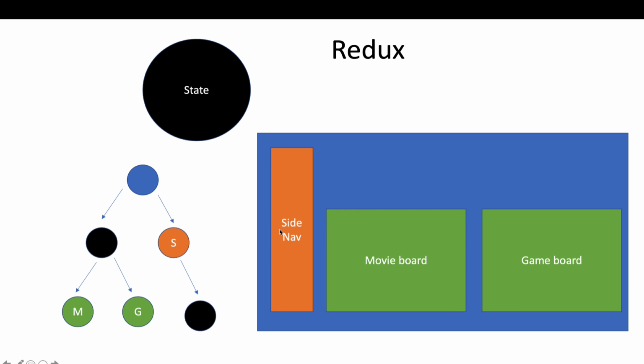Another thing is, let's say the state of movie board changes. What happens? Since the state is inside app.js, the entire app.js will get re-rendered. So movie board gets re-rendered, game board gets re-rendered, side nav gets re-rendered. Everything that we include inside app.js is going to get re-rendered, and that's obviously a performance problem. Why do we want to re-render what has not changed? That means the state should obviously be inside movie board and game board, and side nav should have its own state, if at all. That means there has to be a way for these to actually share the state. That's what we are trying to do.